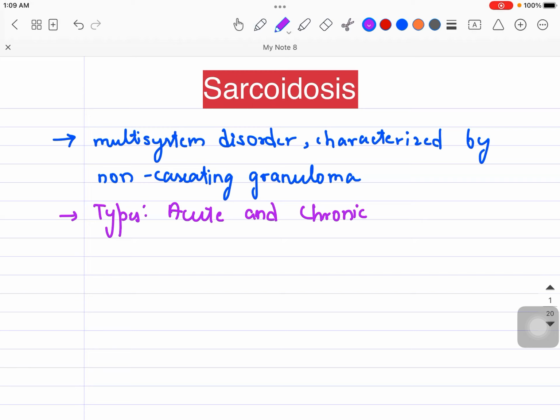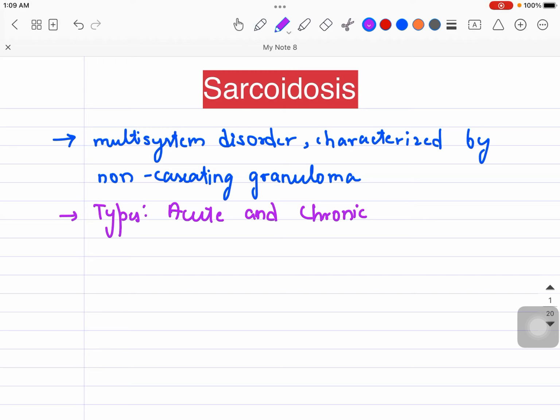As far as the investigations are concerned, we'll talk about that in detail, but chest x-ray is the very first investigation we will be doing, so that we'll know about the lung status, because lungs are very commonly involved. The most common organ involved in sarcoidosis is the lung, so that's why x-ray will be done. And if we are suspicious about the x-ray, then we can take the help of HRCT as well, right?